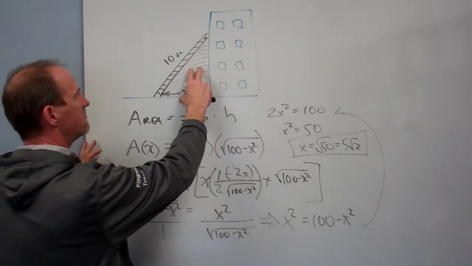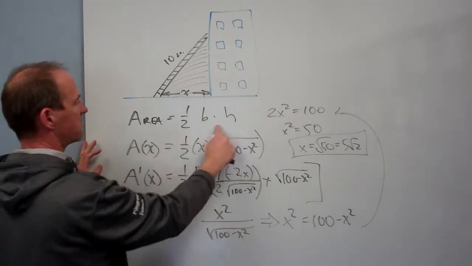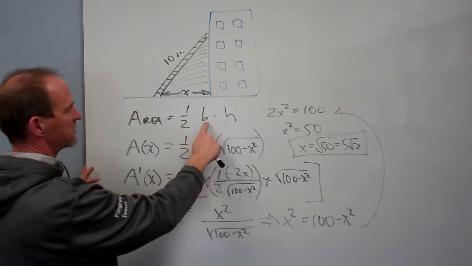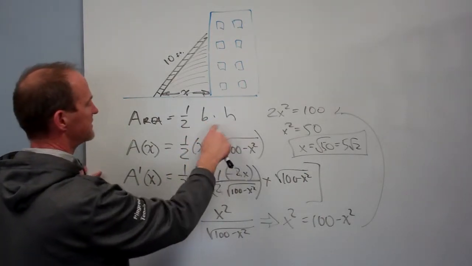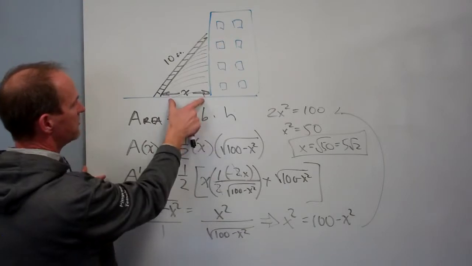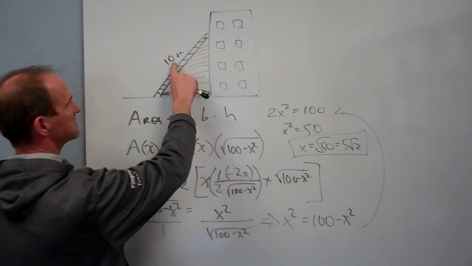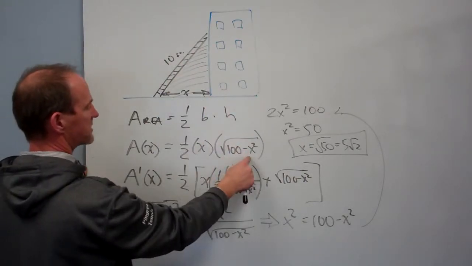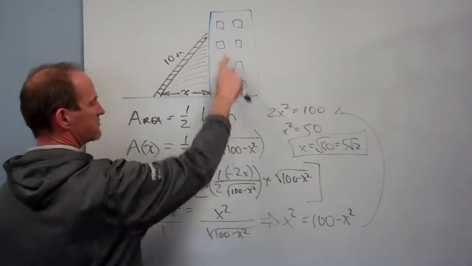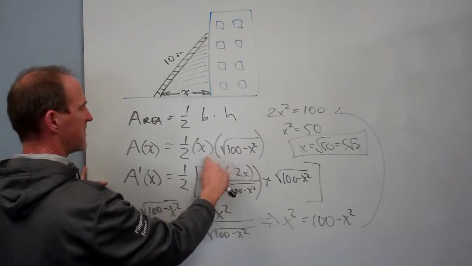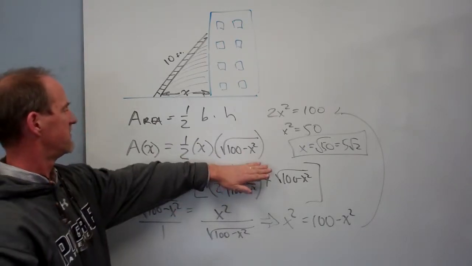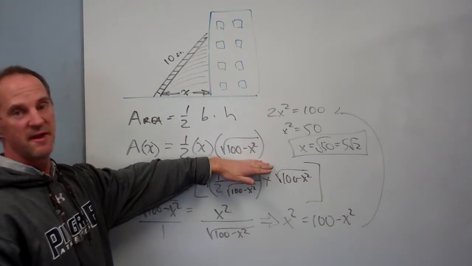We're trying to maximize the area, so we start off with that area. And then we're going to try to write base and height in terms of x, okay? Well, the base is just x, so that's easy. The height then we can solve using Pythagoras. 10 squared is 100, take away x squared, square root it. That's what that height would be from Pythagoras. I sub that in. Now I'm going to take the derivative of this,